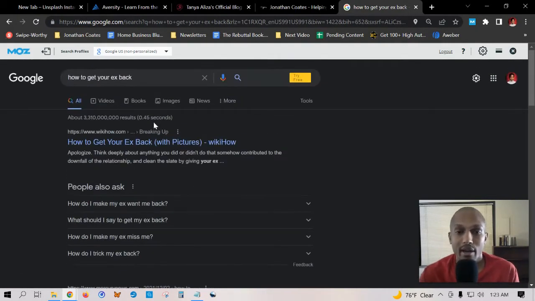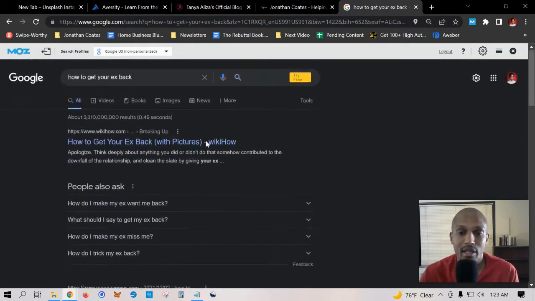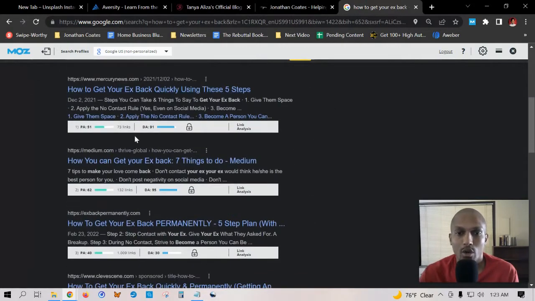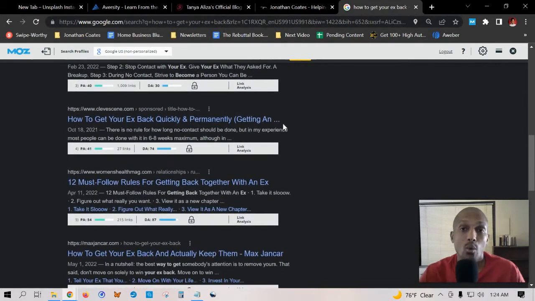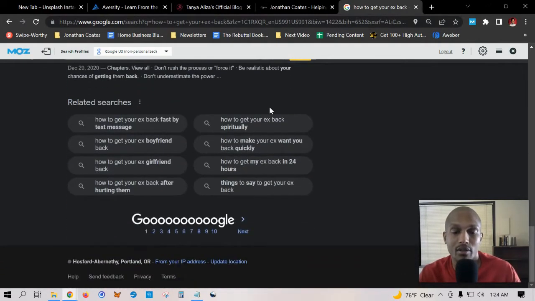One huge indicator that you have a high chance of ranking in the search engines for your key phrase is if the very first search result has a lower domain authority than yours. But in this case, as you can see, Mercury, a pretty high authority website, has a higher domain authority than the ones we're using in this example, which are 33 and 31. This one has 91. So what we can do to get additional and better key phrases is go down to the related searches.